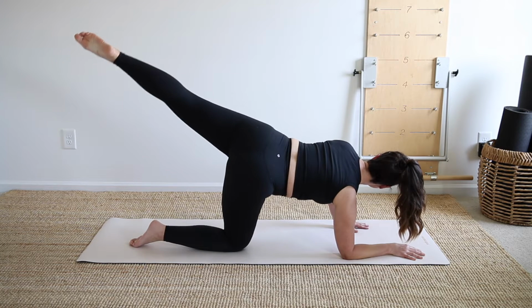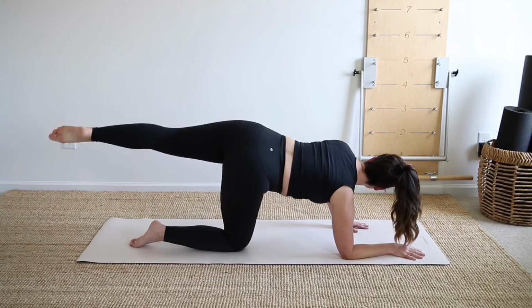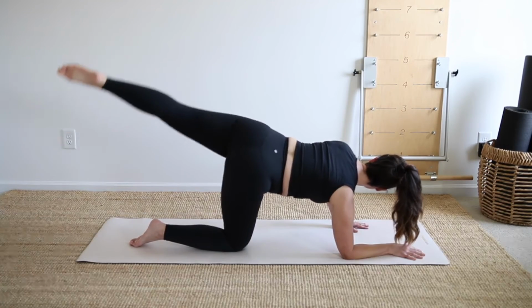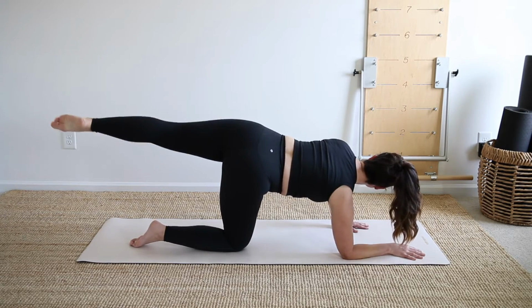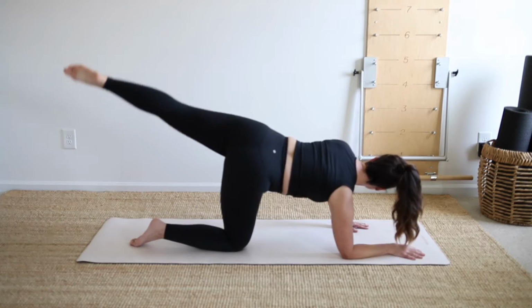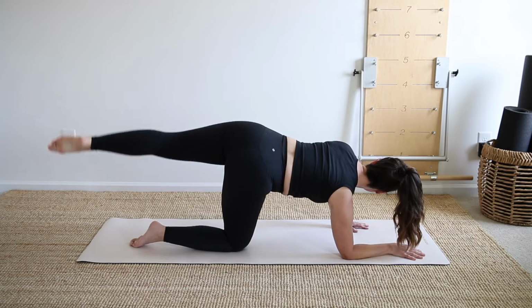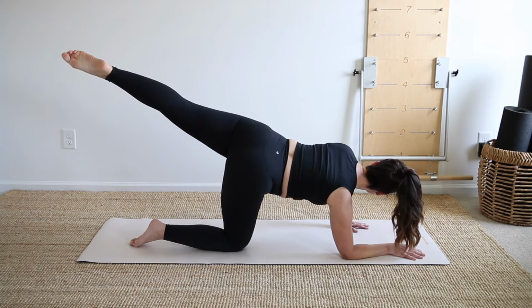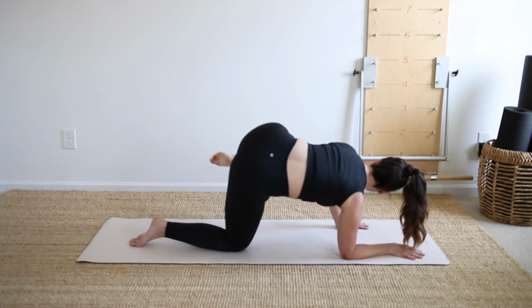Really emphasize that lift. You've got 4, 3, exhale, 2, 1, pause, reverse it, around and up, around and up. Reach longer through that leg than you think you can. We've got 4 and 3 and 2, and 1. Pause here, take an inhale, and as you do, bring that elbow towards, or bring your